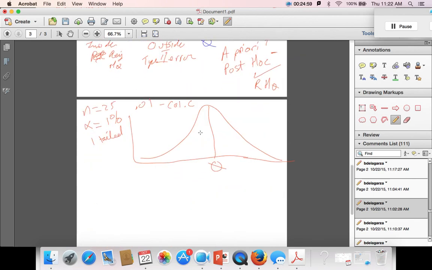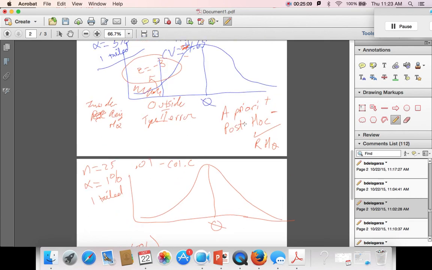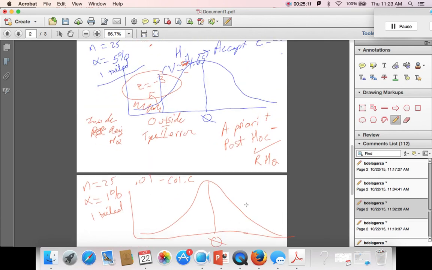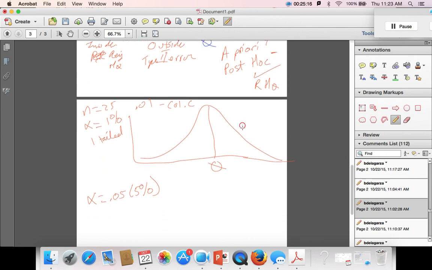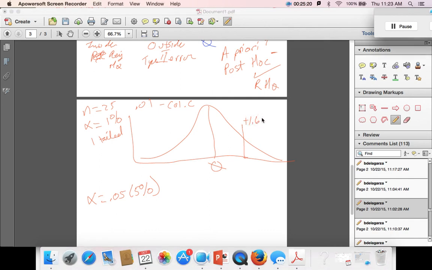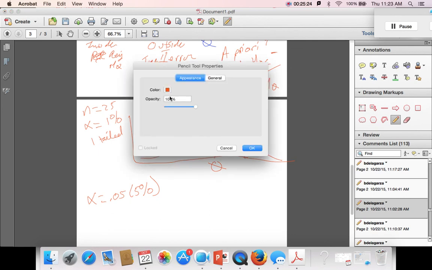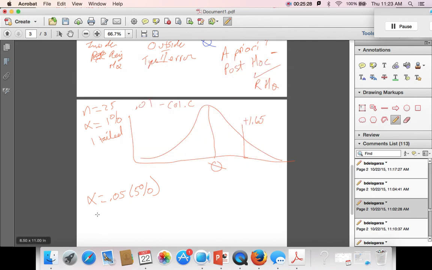So let's look at this example. When we set up with an alpha level of 0.05 or 5%, my critical value was 1.65, right? So we're going to put it here on the positive side of the distribution, positive 1.65. I'm going to draw that in red. Now, in blue, I'm going to draw alpha level